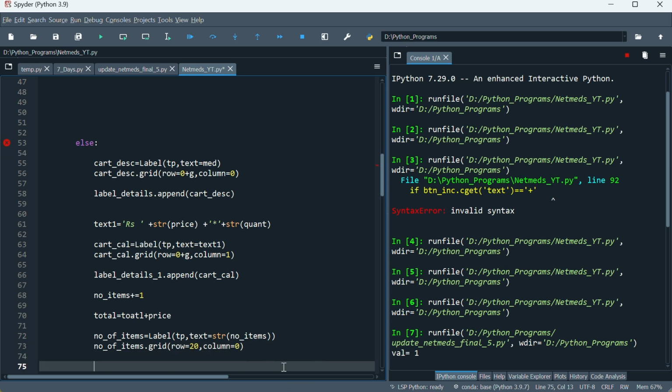After this, if number of items equal to 0, if the total is equal to 0, if there are no items, so if number of items equal to 0,